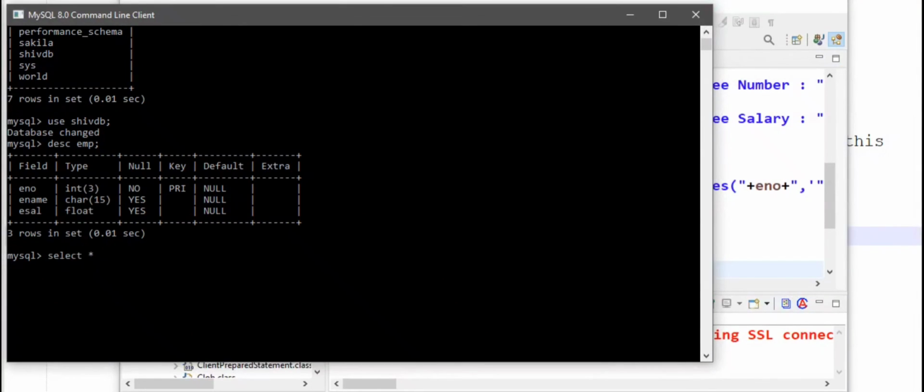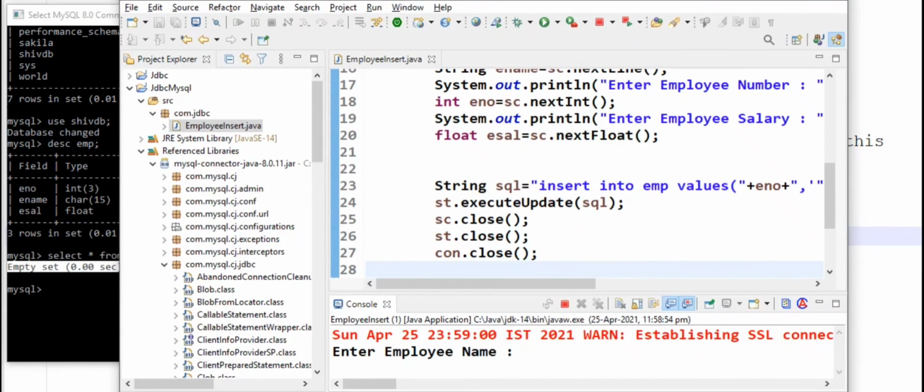Select star from EMP. Here, look, our table is empty. So employee name, I am giving employee name as A1, employee number, which is the primary key ENO, I am giving 1, and employee salary as 3.5.